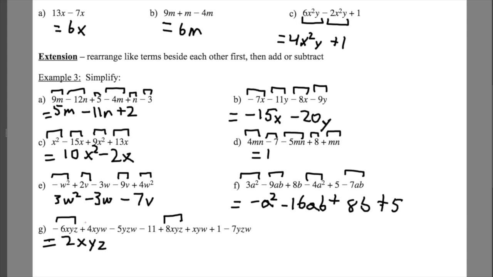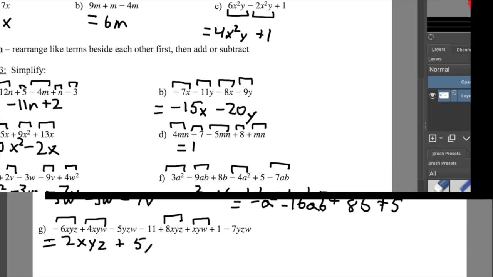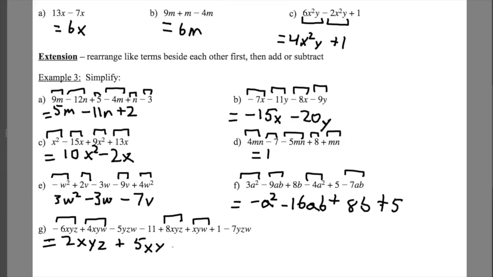We're looking for another xyw, which is over here. It has a coefficient of 1. So when you add them together, you're going to get 5xyw. And then the next one, negative 5yzw with negative 7yzw. Subtract together,